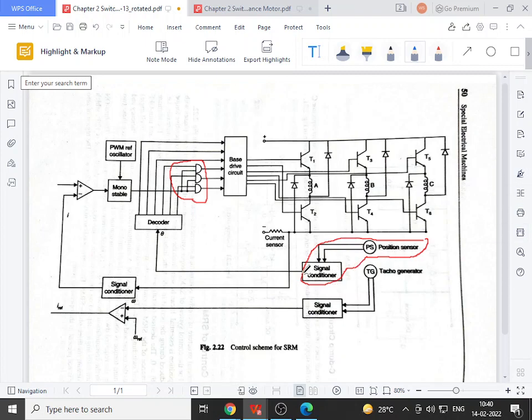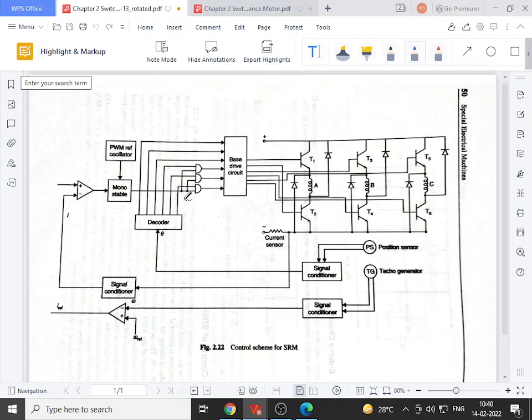If you look at this diagram, the upper three signals 1, 2 and 3 come directly from the decoder, whereas the lower leg transistors are turned on, and that turn-on time is based on the chopping frequency. This chopping frequency is ANDed with the rotor position. For that purpose three AND gates are used. So one input to this AND gate, the first input, is what? It is the decoder output.